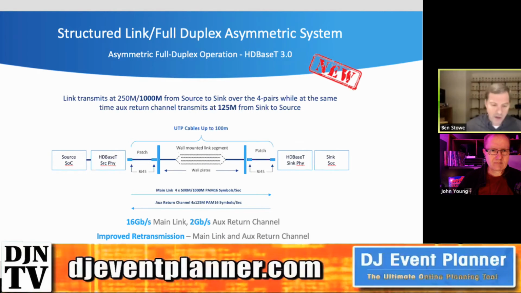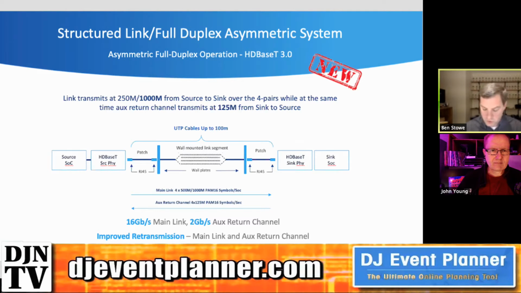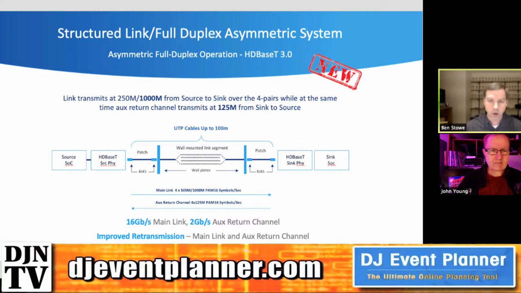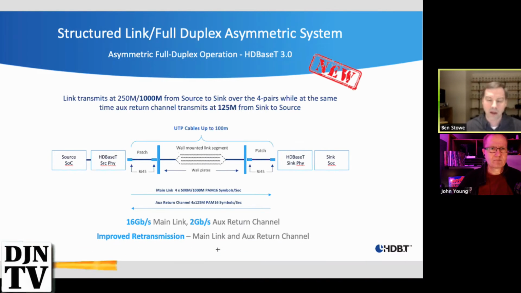And it also has down here, we can see this retransmission, where basically if information is lost, it can try to send it again real quick. Too much retransmission, obviously, and we're going to lose our signal, but it does help fill in some of the missing data because the data is moving very fast, faster than the actual display is running. If you have 60 frames per second, this information is coming faster than that. So it has a chance to try again a little bit, if you will.